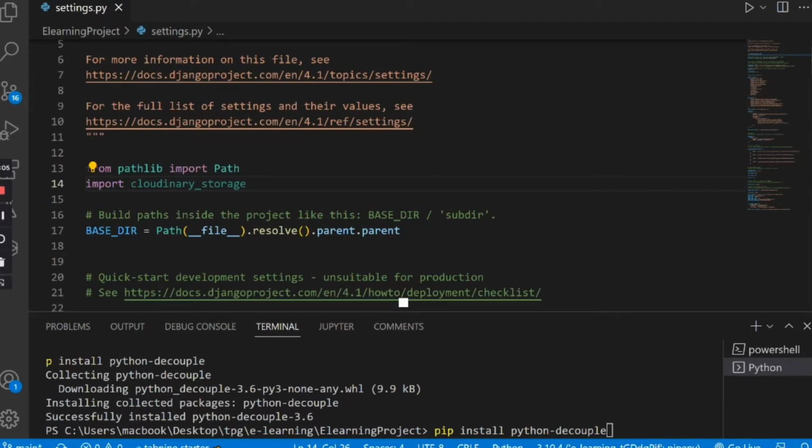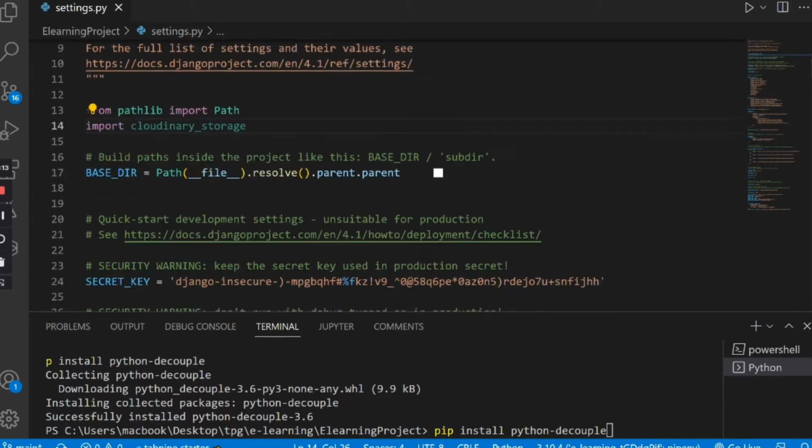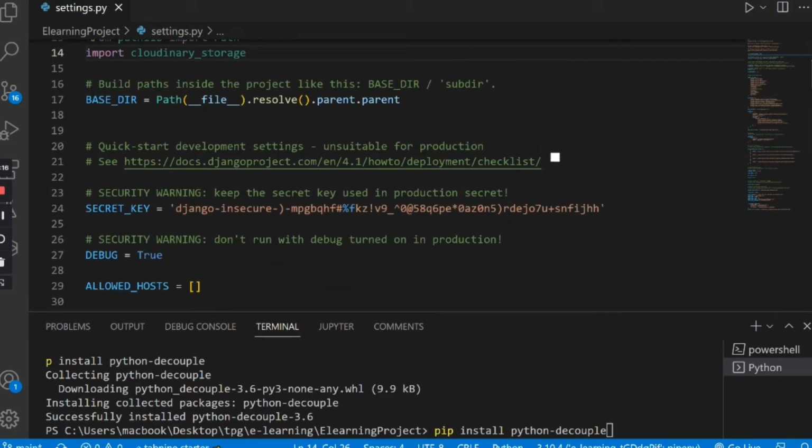So in this video, I am going to teach you how to set up the Django environment variable. So what exactly is the Django environment variable? This is a way of ensuring that whatever secret keys and passwords that you have put in the settings.py file are kept safe. So what that means is that, for example, if you want to connect to a third-party